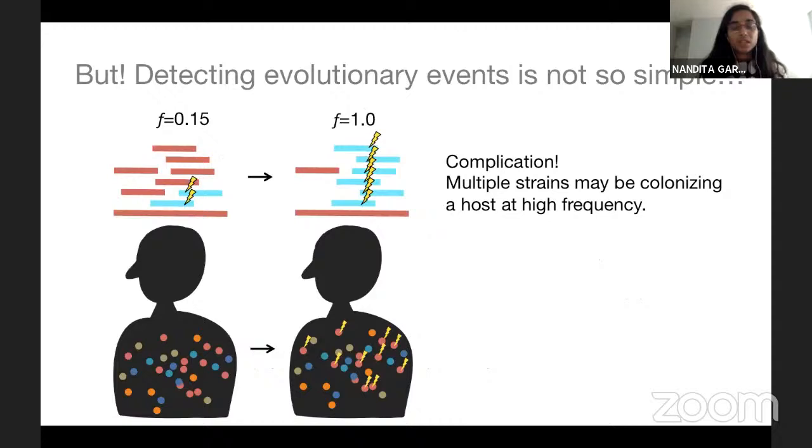So we need to figure out how to resolve the lineage structure inside of hosts in order to be able to distinguish evolution from invasions. Otherwise, our signal for evolution will be swamped out. And the tricky bit is that all we're witnessing actually are allele frequencies, and we have to somehow infer that latent space of